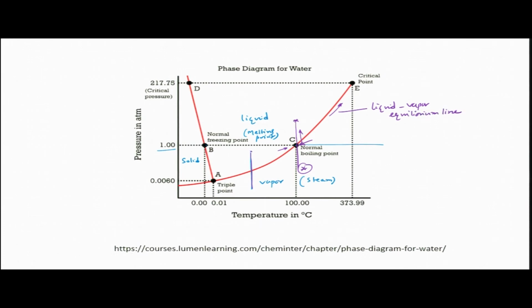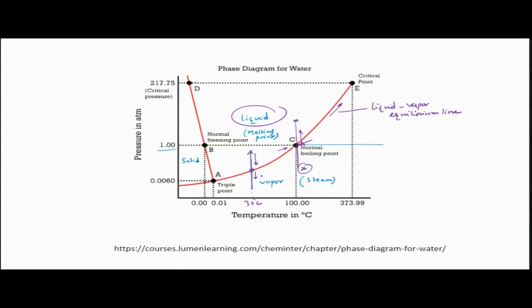Now, at this pressure everything will be liquid, because this is within the liquid zone. Now, as we decrease the pressure at the same temperature, let us say this temperature is close to 30 degrees Celsius, when it crosses the equilibrium line between liquid and vapor, first vapor would start forming. We do not know how much vapor, but if we still decrease the pressure and reach this point, everything will be vapor.